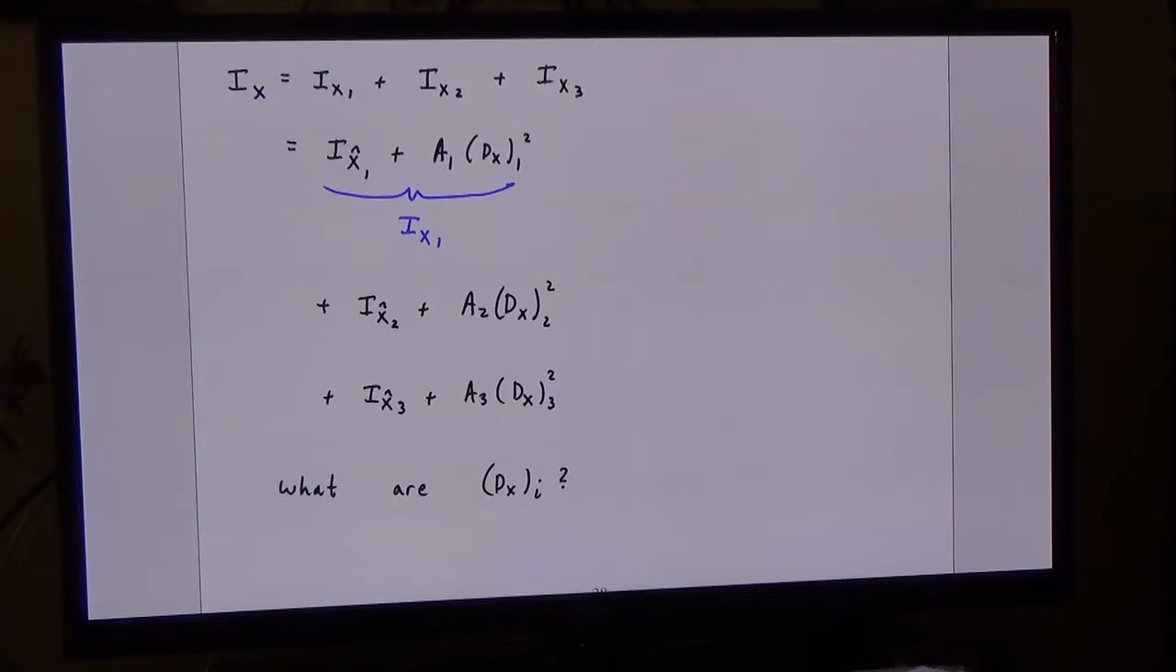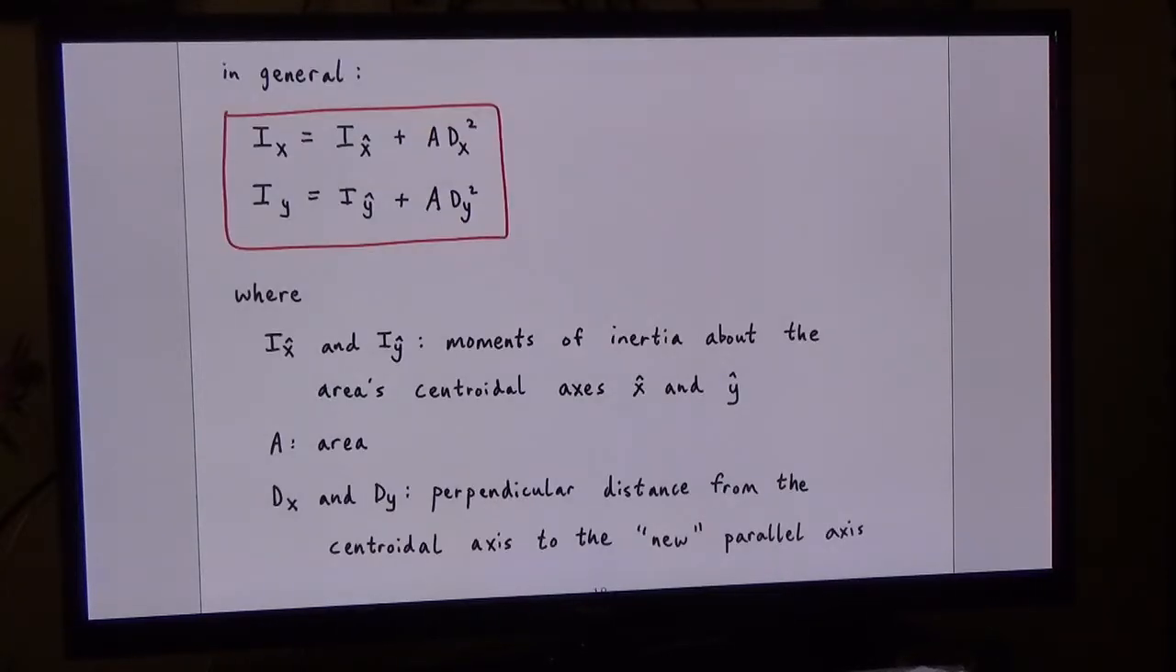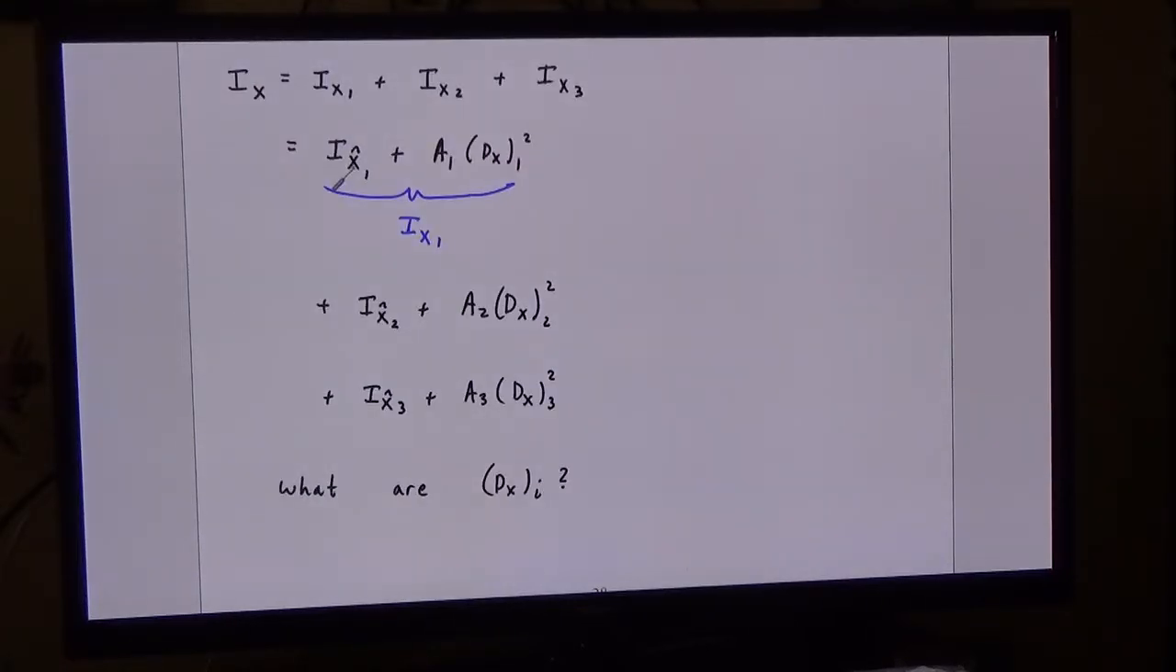So remember from the parallel axis theorem stuff that we talked about earlier, this dx is the perpendicular distance from the centroidal axis to the new parallel axis. In other words, it's the distance between this axis and this axis. Perpendicular distance. So, for instance, dx1 should be the distance in between x1 hat and x. Right? If we want to sketch it out,